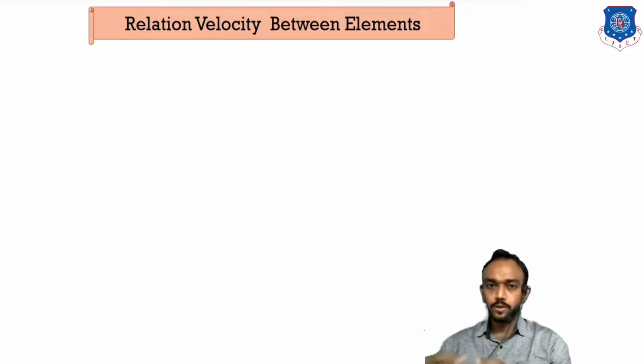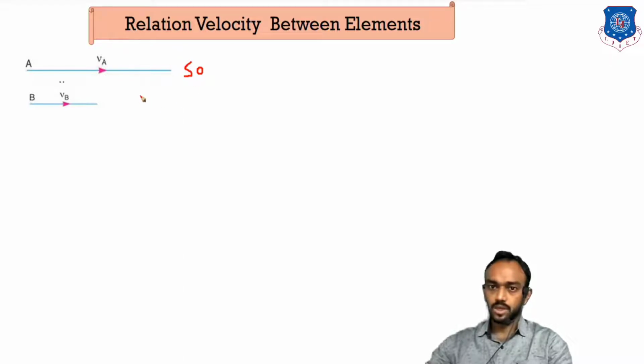Before going to study the velocity in mechanism, first of all we understand the relative velocity between the elements. So check this. Take one element A, moving in a direction with a velocity v. Take another element B, which is moving in the same direction with some lesser velocity. Let's take as an example, speed of A is 50 and velocity of B is 40. So what will be the relative velocity between point A and point B? You know that with respect to B, the velocity of A will be 10.